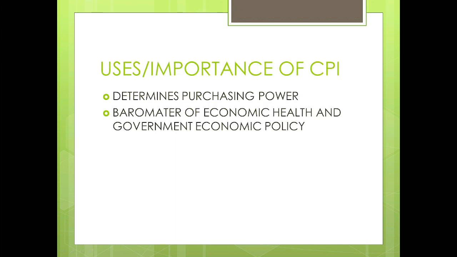Now let's go on to find out what are the uses of CPI, because CPI is ultimately talking about the consumer price. So it talks about our purchasing power. How much goods I can purchase or services I can purchase with a given amount of income. So CPI will tell. So it's also a barometer of economic health and government economic policy, because in the start of the presentation I told you, as we need to measure the economic performance, we generally refer to the degree or the level of inflation, and CPI tell us what is the economic health. Those countries which has a controlled level of price changes will indicate a better performance, and also would give a reflection about a very prudent, very efficient government policy.